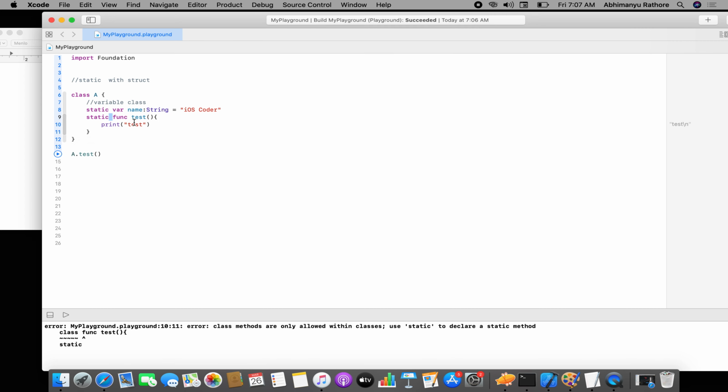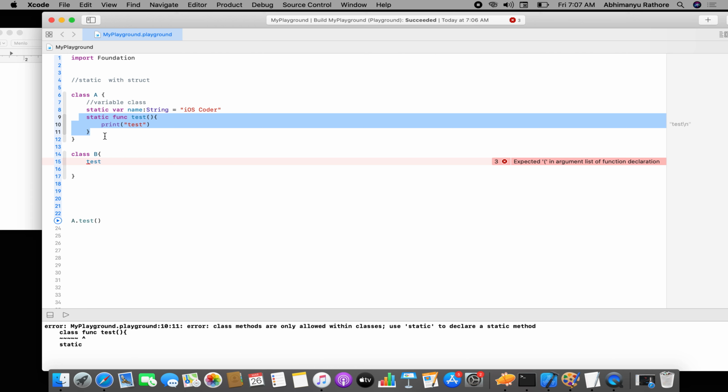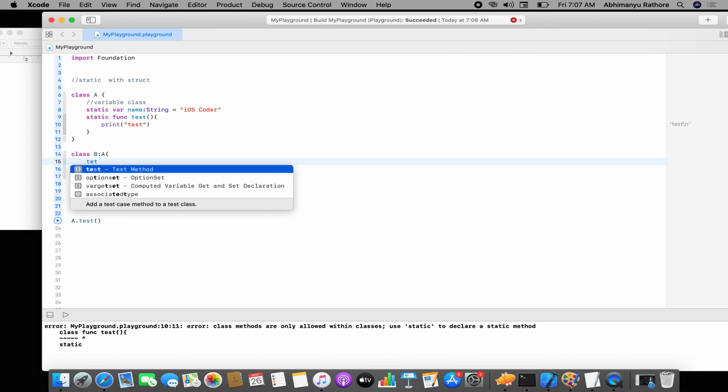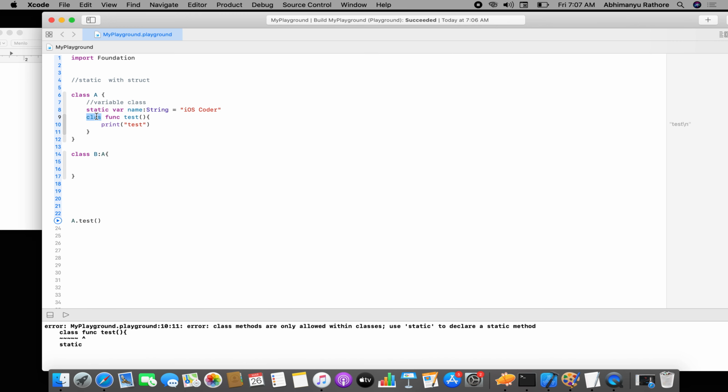Now if you use this static keyword, and you want to inherit this function, then class B will be there, and inside B, if you want to inherit this test function, it will not allow you. So with inheritance overriding, if you override this function in test class B, it will not come there. Now if you create this as a class, then it will come there 100%. So class is saying, if you make me a class function, then no doubt I will be B dot test itself, and I'll be called through the inheritance, and this will be